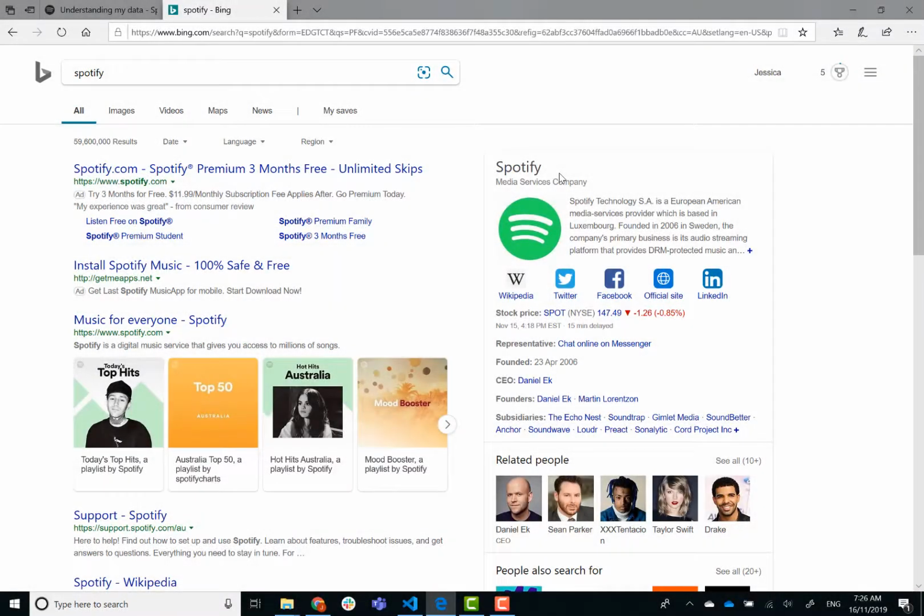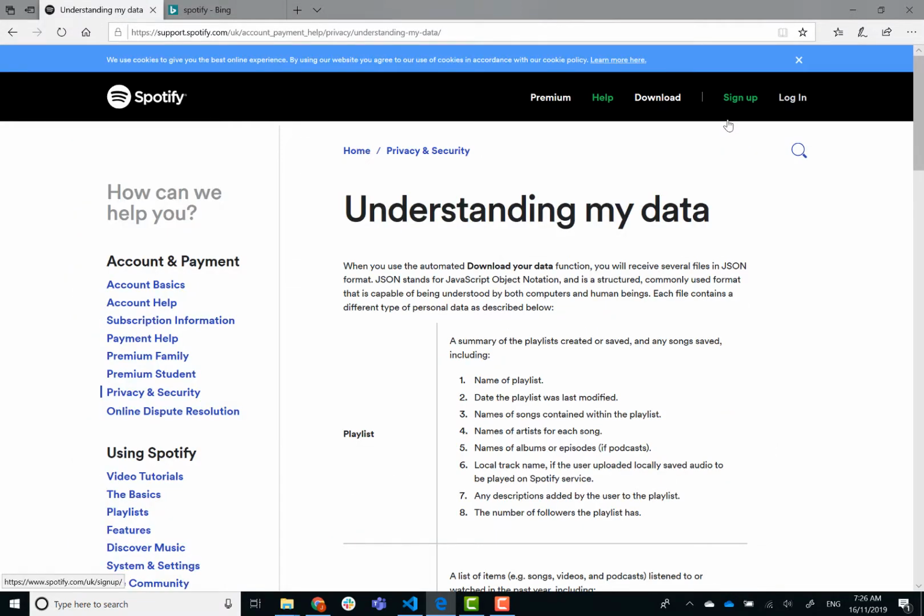How to export your data. So basically what you do is you go to your Spotify login, and you can't really see it on this page, but you select to download your data, and it's under settings. If you can't find that, you can basically just Google it. So I think I just did download data. I don't know why I'm using Bing, but let's just go with it.